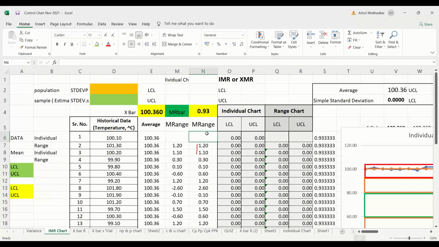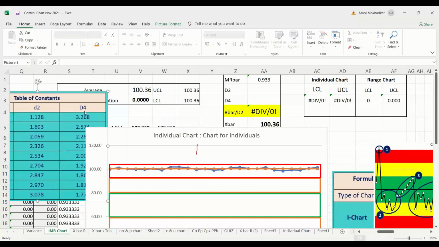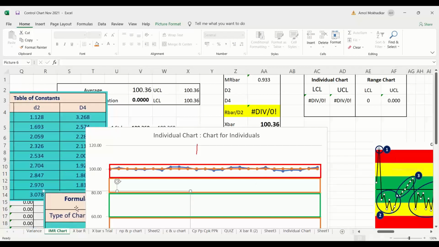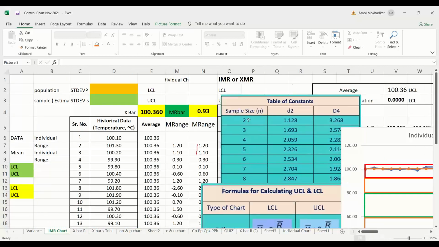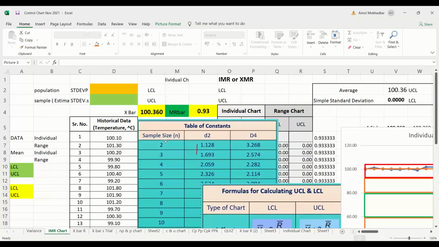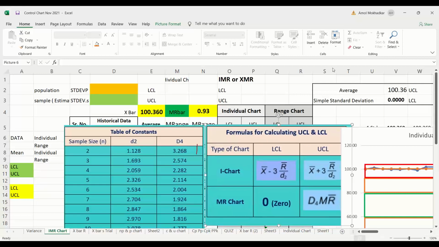I am bringing these formulas and this table also here. So you have the formula, you have the range, you have the averages, right?